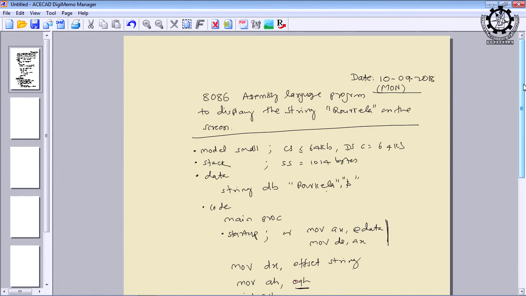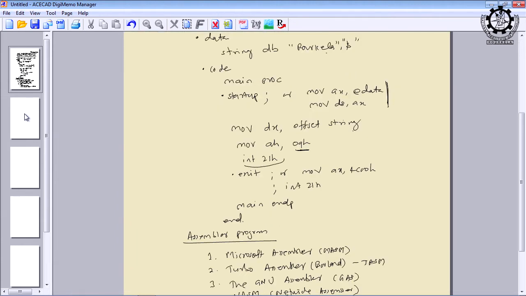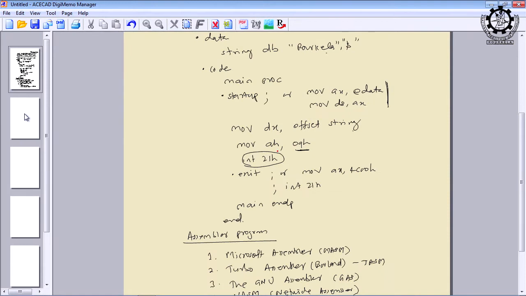Am I clear? Similarly, suppose you want to print on a printer, only this value will change. In the place of 09, you have to use another value. But most frequently for displaying an item, we have to move 09. Is it clear? And interrupt 21H, this 21 interrupt is used for many purposes. I think there are hundreds of applications of interrupt 21, and for each application there is a corresponding 8-bit code value that will be moved to AH. Or you can also write MOV AX, 0900. It is the same as writing MOV AH, 09H, isn't it?